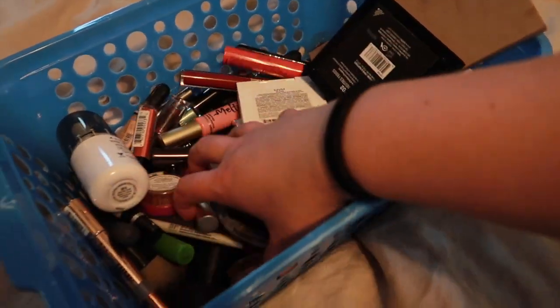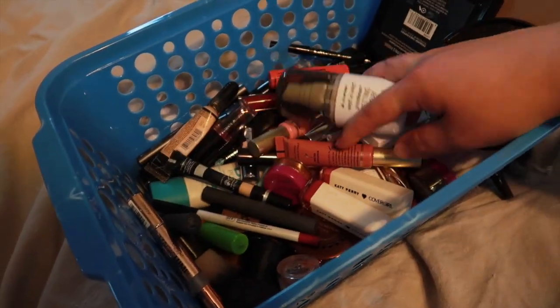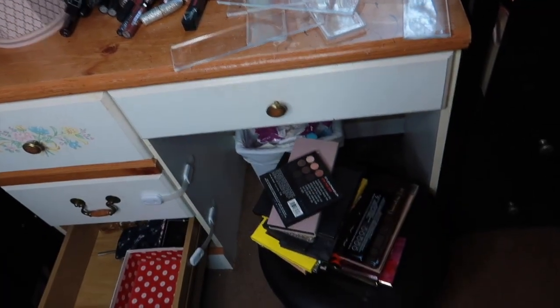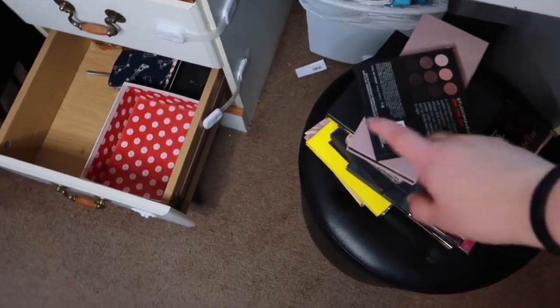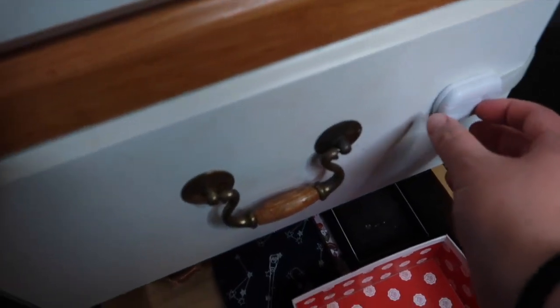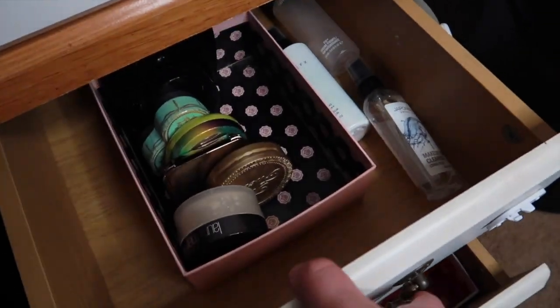I am so proud of myself. I got rid of a ton of stuff, so I'm really happy about that. So now I'm just gonna have to reorganize all this stuff. So palettes are gonna go back in this bottom drawer, and ideally I'd like to have all my lipstick together